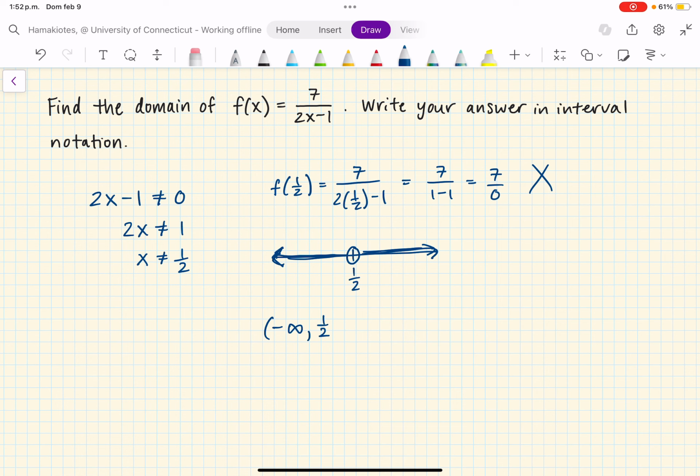Now 1/2 is not included, so we use curved parentheses, union, again curved parentheses because we're not including 1/2, all the way up to infinity. And